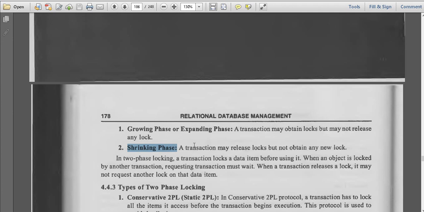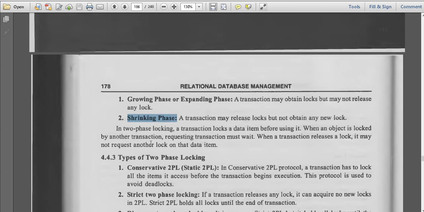Once you start locking the data items, that is growing phase. Once you start releasing, that is shrinking phase. Once the shrinking phase has started, you can't hold a lock on any item. Once you start unlocking, you can't take a lock again. Once you have released all, then only can you lock again.